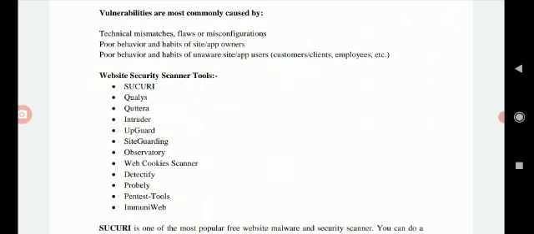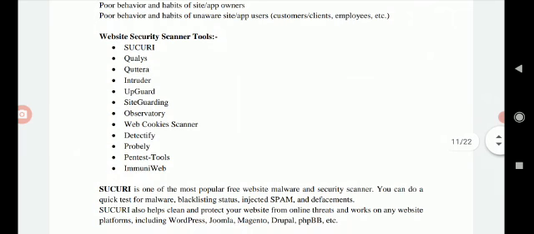Don't accept friend requests on Facebook from persons we don't know. Also, upgrade your operating system, software, and antivirus regularly, and change your password regularly.